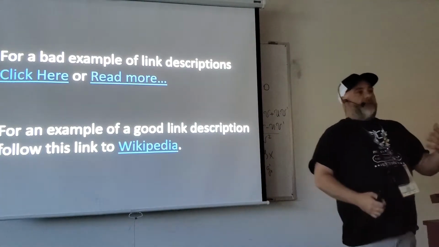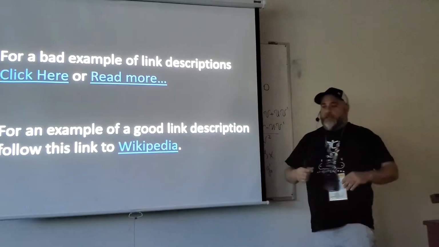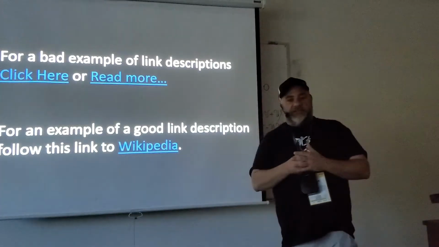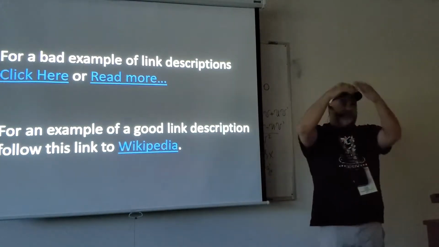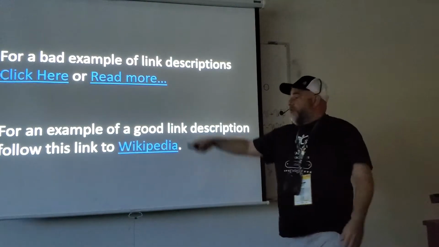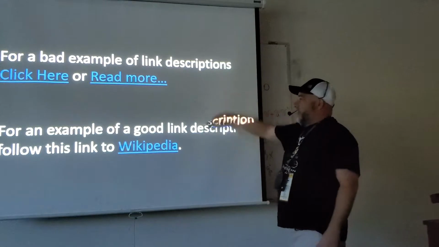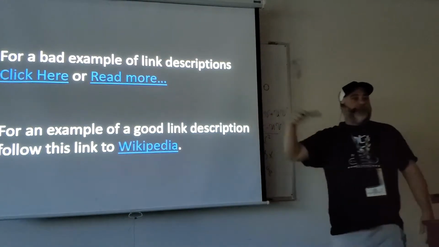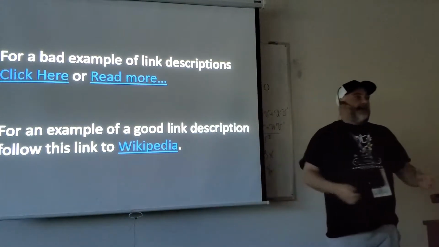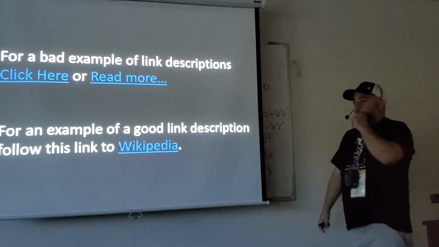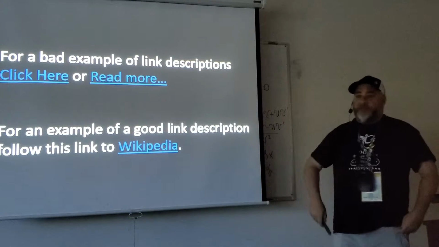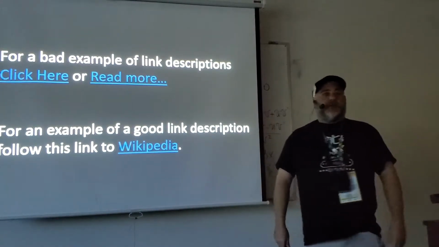You have to understand how a screen reader works. A lot of the time, a low vision individual can set their screen reader up to just run headers, or to just run links. They can set it up to have a list of links. So if you have a whole bunch of links in a row that just say click here, read more, click here, read more, there's absolutely no context clues there. That individual does not know where that link is taking them. But if you have a whole bunch of descriptive links, then they know where those links are going.